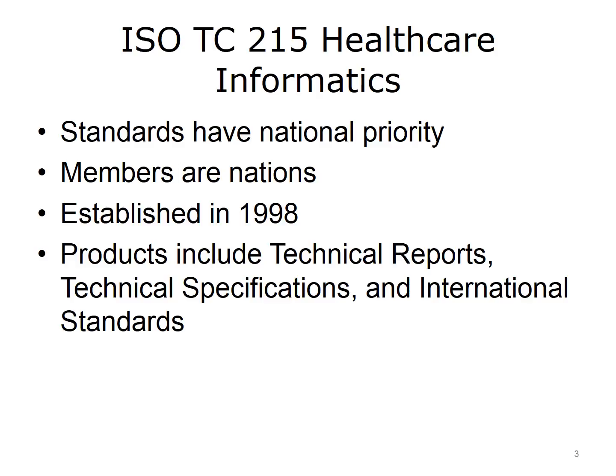ISO TC 215 has published almost 100 standards under their direct responsibilities. Balloting is by country. Products are technical reports, which describe and discuss a topic. TRs are for information only. Technical specifications are similar to a standard but do not require compliance. A TS is a strong suggestion. International standards, known as normative documents, must be followed explicitly to be compliant. Any departure from the standard is non-compliant.